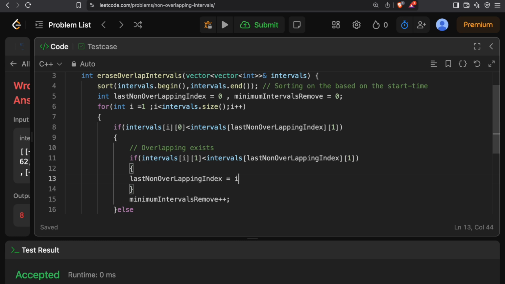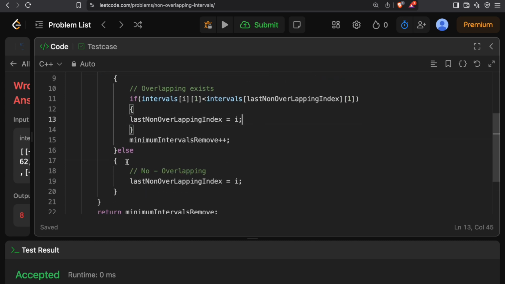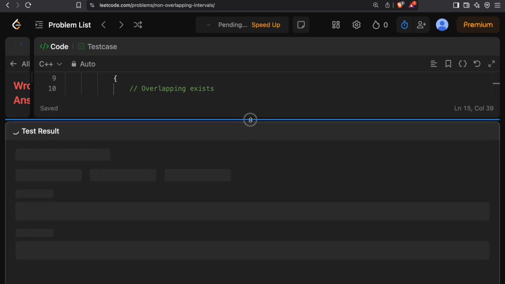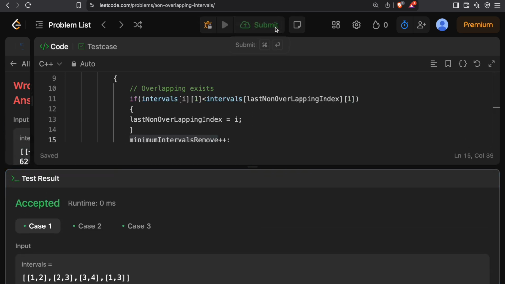Because the end time of the current interval is less than the end time of the last non-overlapping index, and since the end time is less, we can accommodate more number of intervals. If we are able to accommodate more intervals, then more non-overlapping intervals will go into this case, and the removals would be reduced. So now if we run this, now it should pass, and now when we submit this,